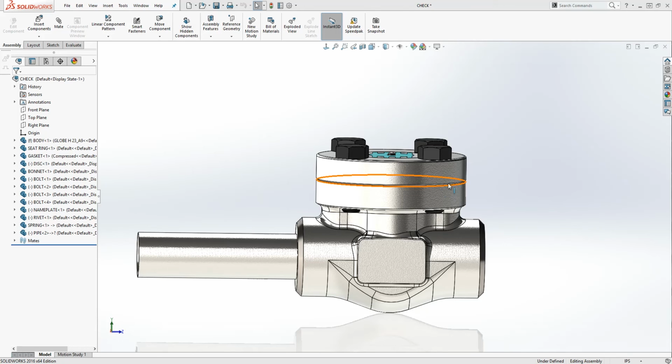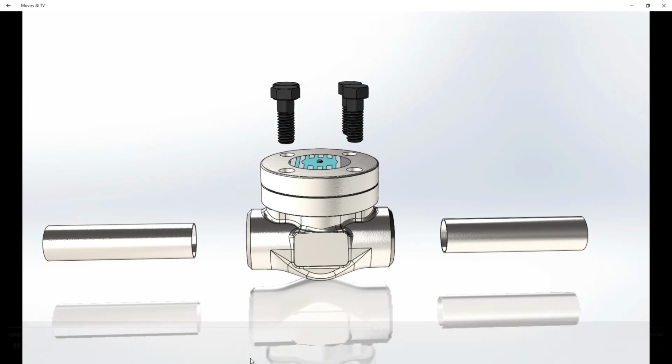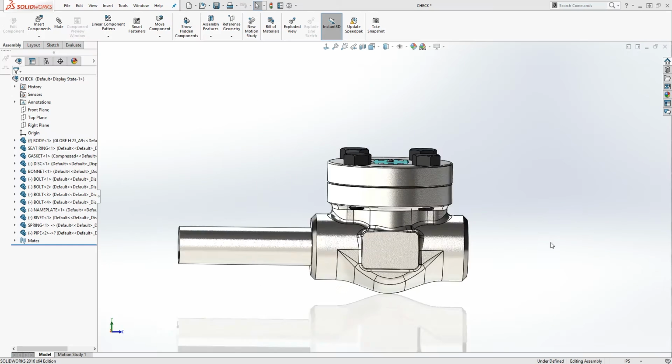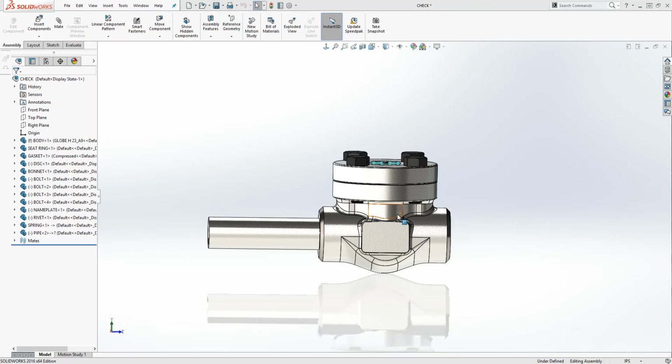So in this tutorial I'll be showing you how to do a basic movement animation by just dragging your parts out. So to start, the first thing we need to make sure is that the part we are trying to animate